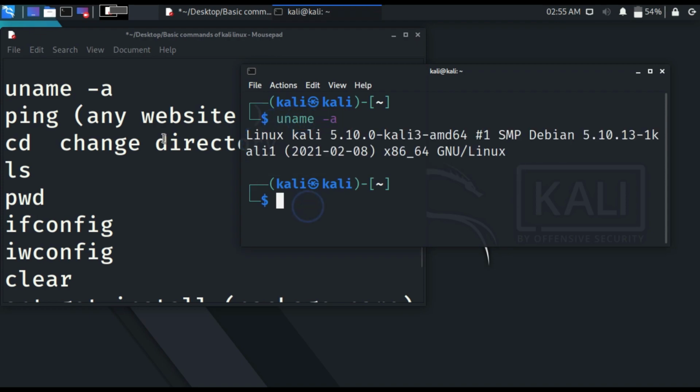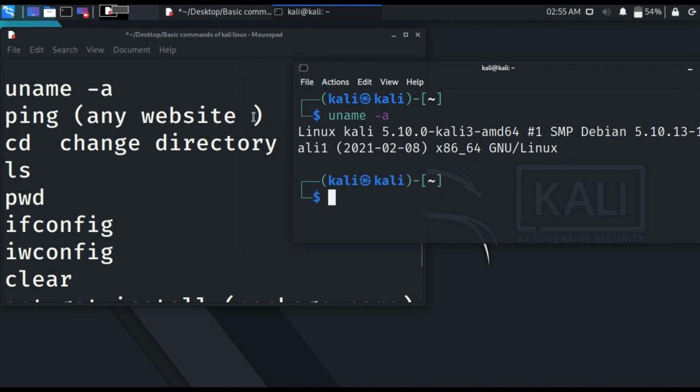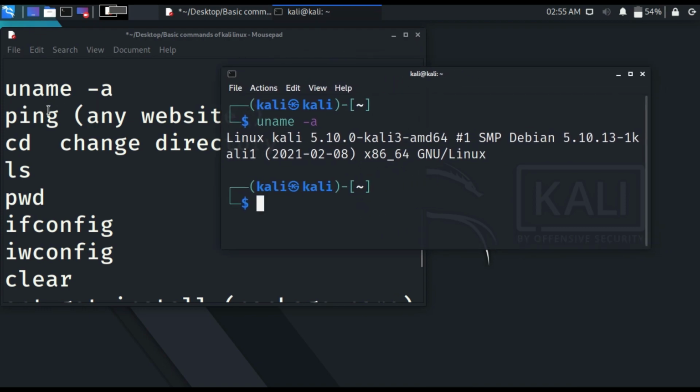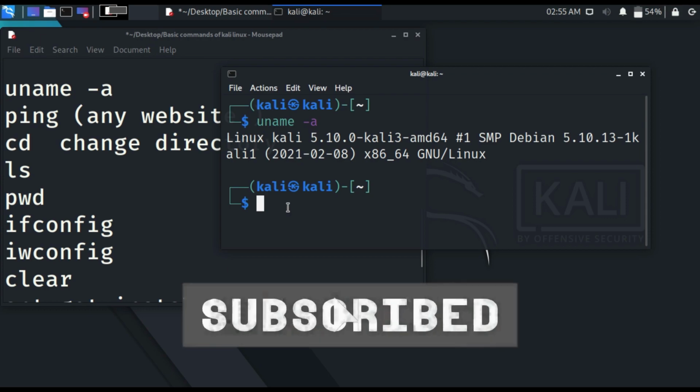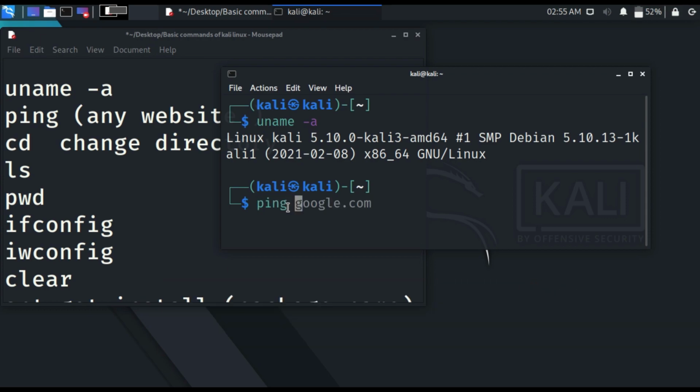So moving to the next command, we have used this command in our previous videos for checking our stable internet connection. This command is mainly used for checking the internet connection. So we will write this command, ping, and we will write any website which is responsive now, which is online, because google.com is always an online website. This command will send some packets to google.com, and if you have a stable internet connection, then the packets will bounce back to this host and we will get some data. By this we will know that our internet connection is stable.